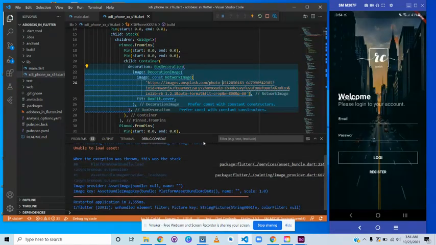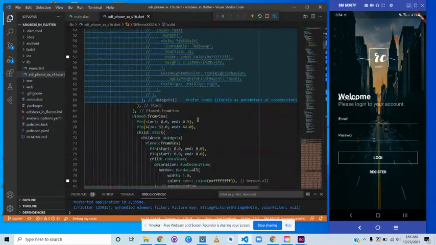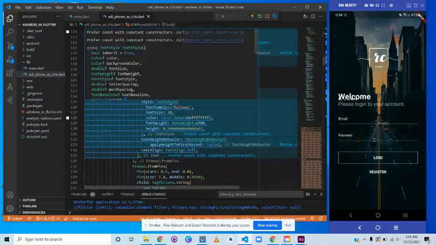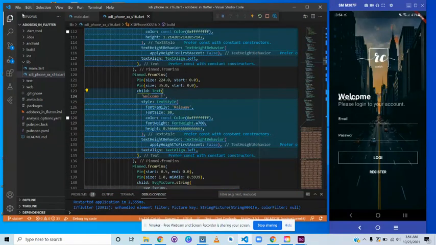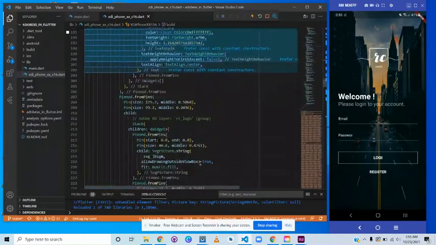As we see, the error is already gone. We have the back button, the back text, so we will simply remove that back text, which would be easier. Let's run it, reload it, and as we see, the error is gone. We can also specify padding to the login button so it is completely visible.